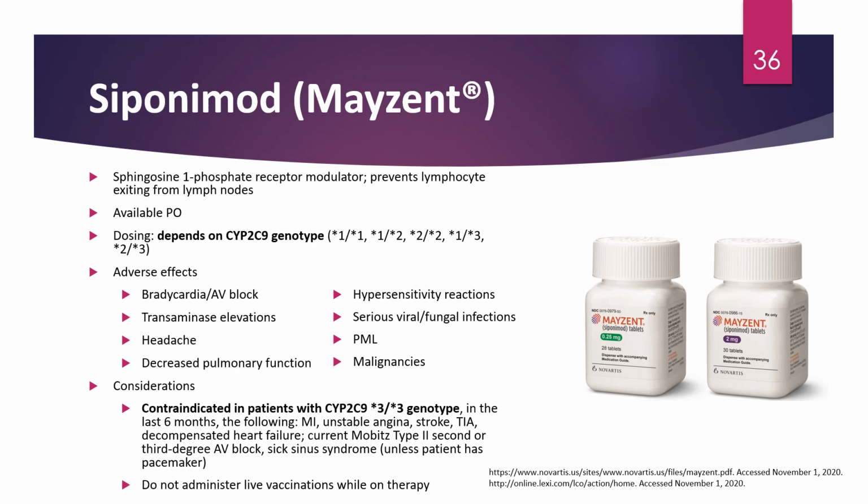Like I said, dosing is not necessarily important on the other medications, but all I want you to know here is that for Siponimod, it depends on the CYP2C9 genotype that the patient actually has. And the dosing regimen, there's actually, I believe, 2 dosing regimens for this specific medication. This medication is relatively new in the last couple of years. In relation to adverse effects, you see a lot of the same things that you see with Fingolimod. The one thing that's different, though, is that